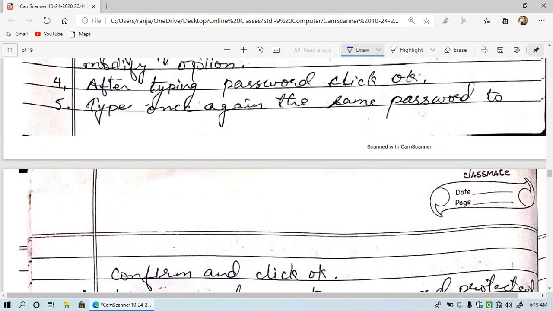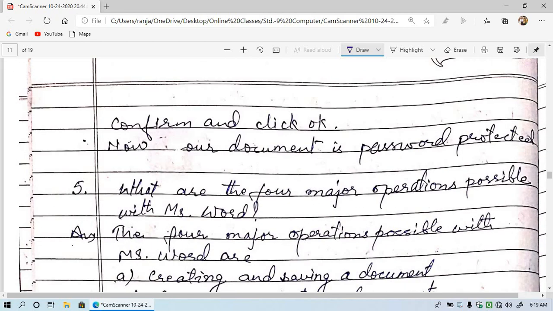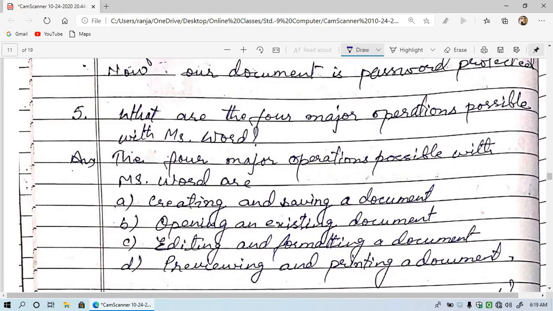Here after clicking OK, in the 4th step you will again get another dialog box in step 5, where you have to retype the password and confirm it, and then you have to click OK. Now our document is password protected. Okay, so these were the steps to protect your documents.